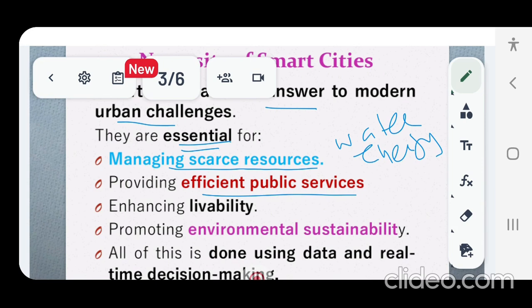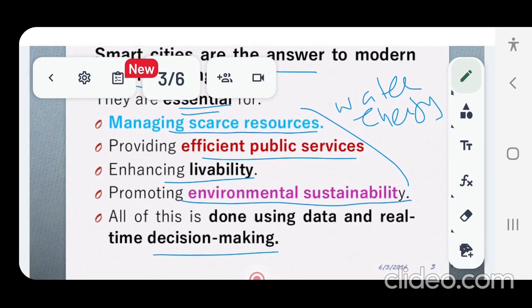They are essential for enhancing livability. They are essential for promoting environmental sustainability. And all these can be obtained just by making better decisions in real time, and these decisions are made by using data that are collected from various sectors in real time.